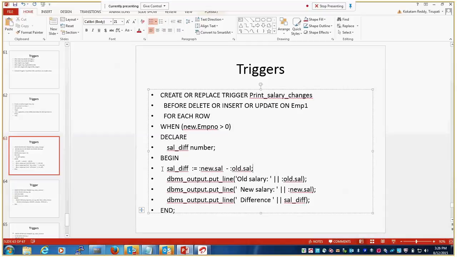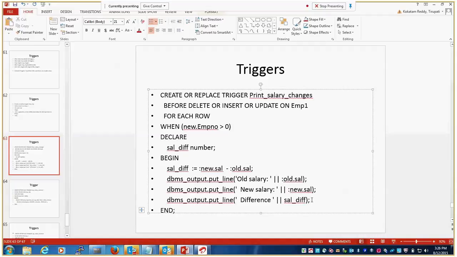We can find out the salary difference, whether it is 1000 or above 1000. It will give the old salary, the new salary, and the salary difference. How much new, newly updated salary the employee gets, at the same time what the old salary is, and right now how much the difference between the two salaries is.